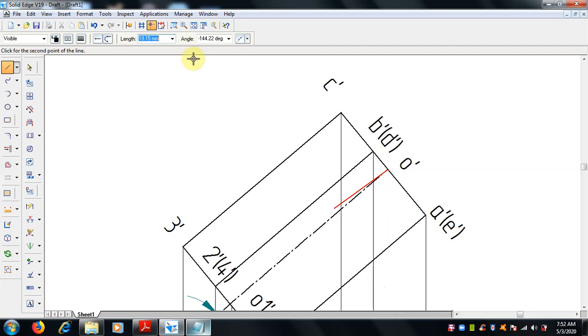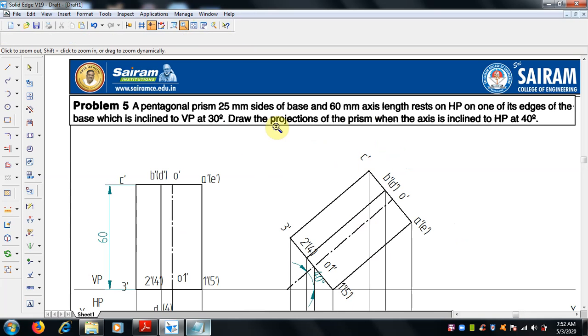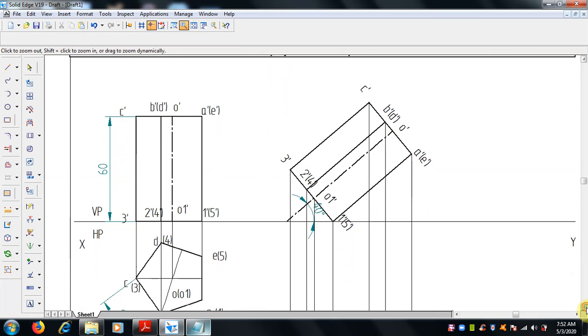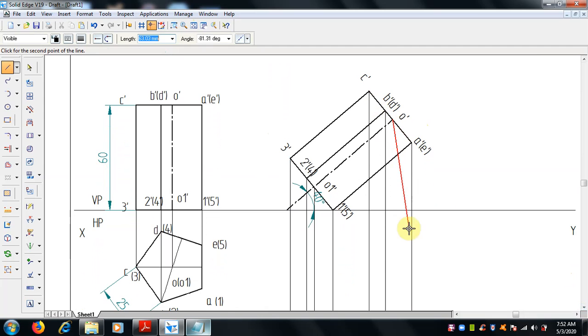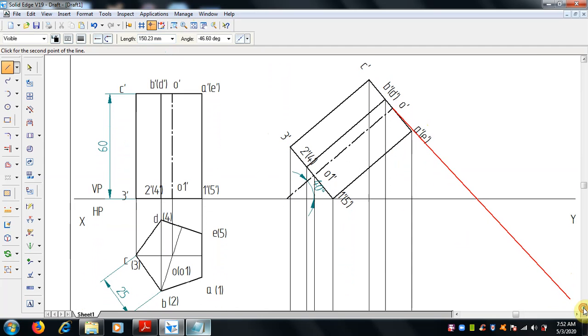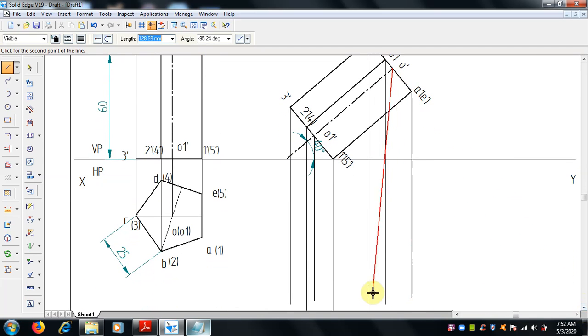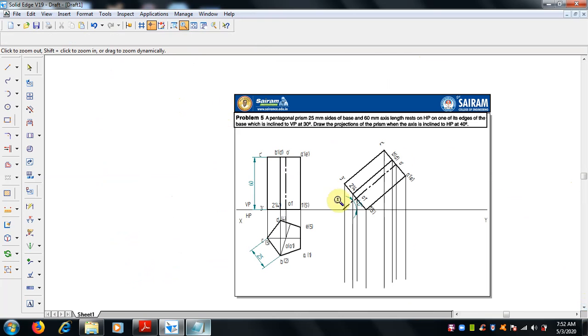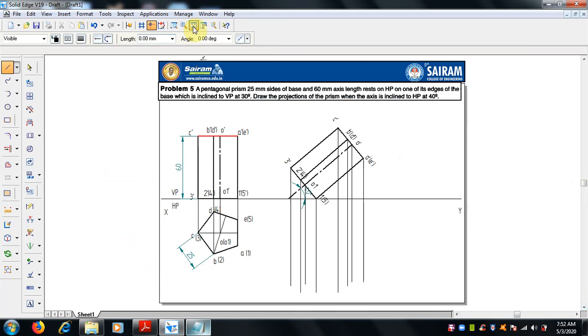Okay, be careful while selecting. Now these are the projector lines drawn from here. From this view we have to draw first.